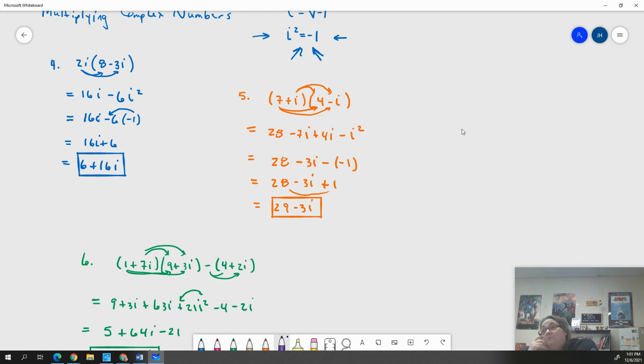When I see you later this week, we'll talk about division, which is beyond easy, and complex conjugates, which can get a little bit more complex. But none of it's too bad. Any questions about any